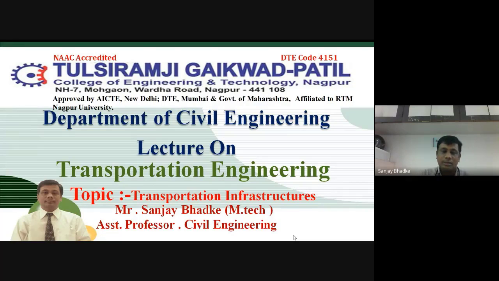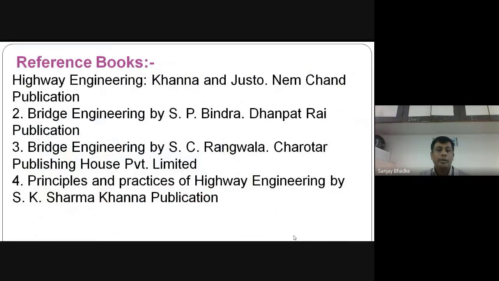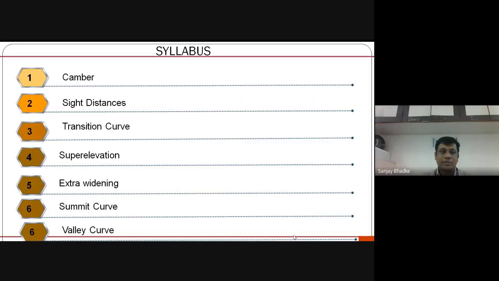All these things we discussed in the last class, and we also discussed the various reference books related to highway engineering, like Khanna and Justo's, Bridge Engineering by SP Bindra, then Bridge Engineering by SC Rangwala, a Charotar Publishing House Private Limited, Principles and Practice of Highway Engineering by SK Sharma and Khanna Publications. So in the last class, the points we discussed were chambers, side distance, transition curve, super elevation, extra widening,